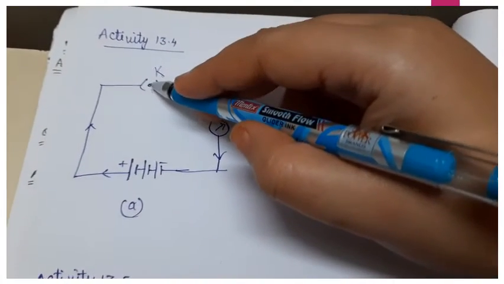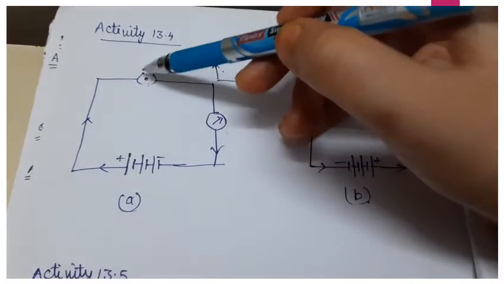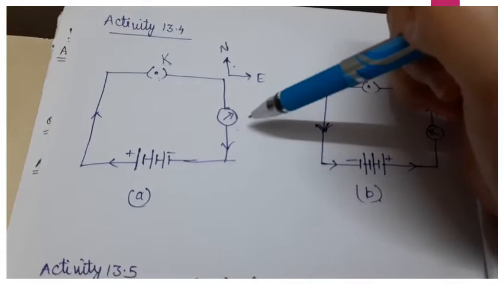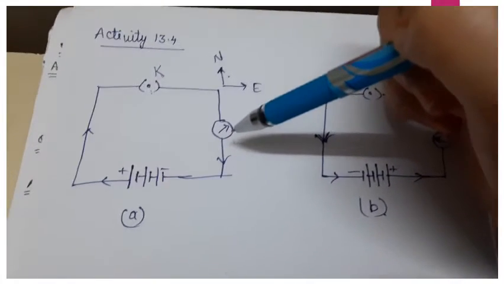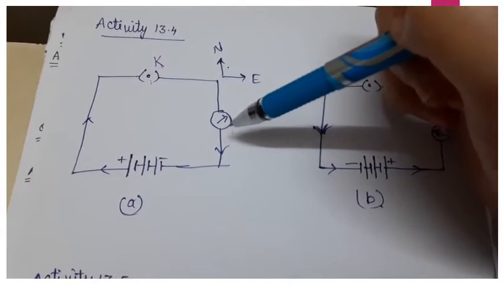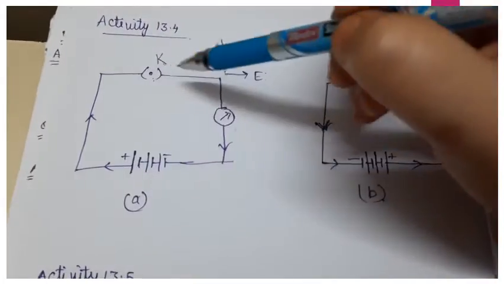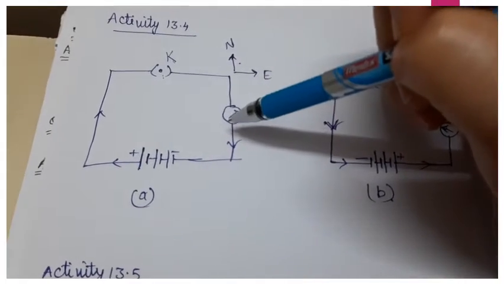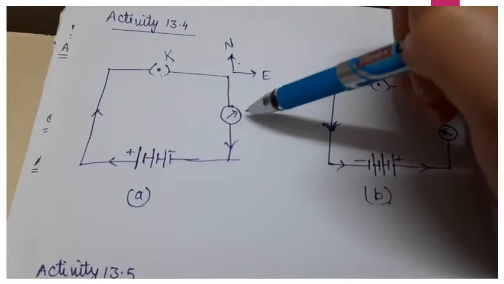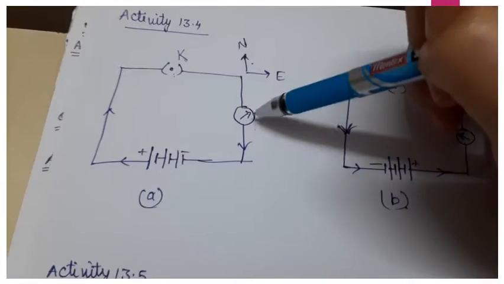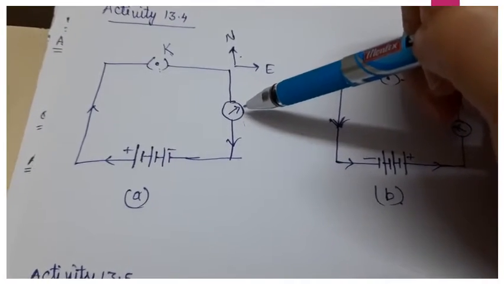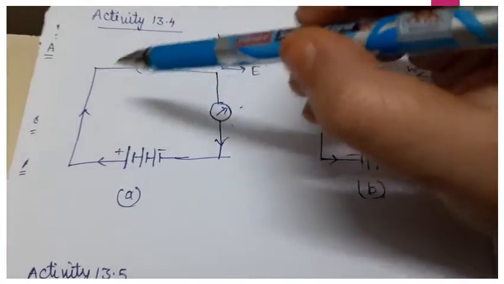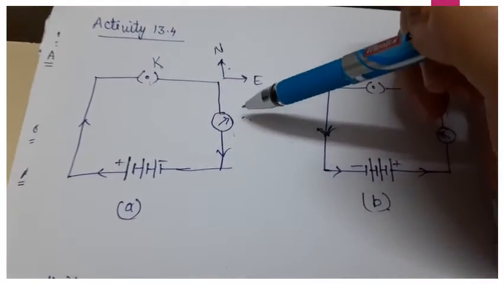But as soon as the key is plugged in or inserted, it is seen that the compass starts pointing towards the east. Since the compass responds to a magnetic field, it proves that as soon as we insert the key, we start the flow of current, and a magnetic field is generated, which makes the compass get deflected toward the east. So it shows that current flowing in a circuit or conductor wire results in a magnetic field.